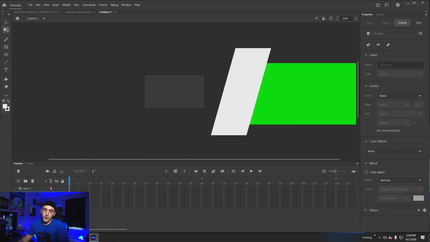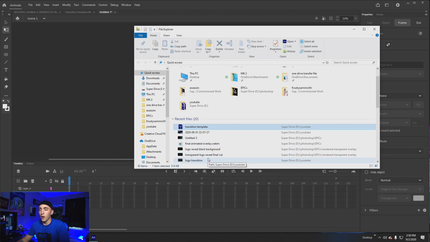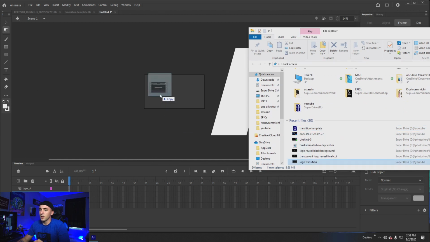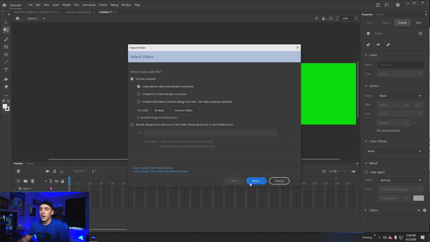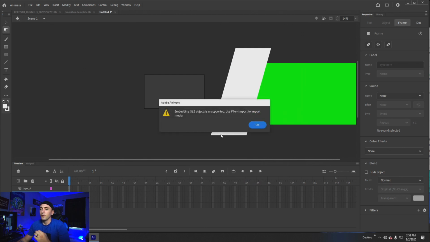So for this layer, we're going to go and find whatever video file. I've noticed only MP4s seem to work. I tried to put it in AVI and that just didn't work at all. I'm not sure why it does that, but that is something to be aware of. So we're going to take this video file, add it. It'll tell you to convert it or what have you, and just hit next, next, finish, and it will add it,